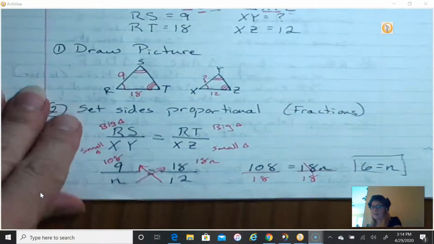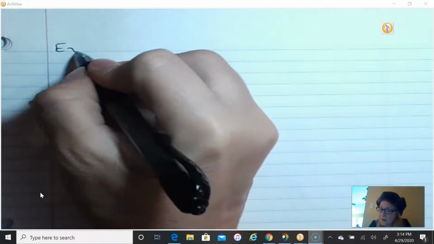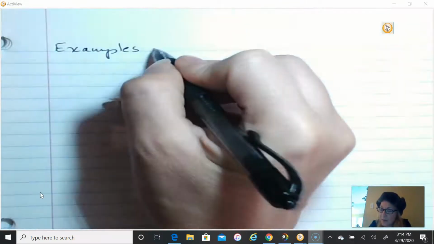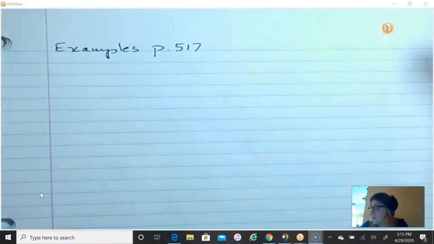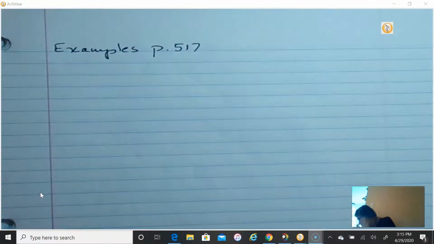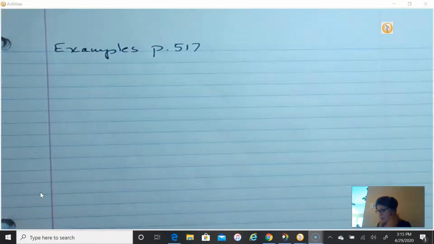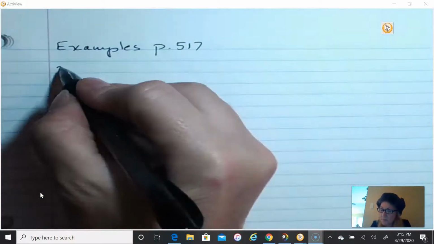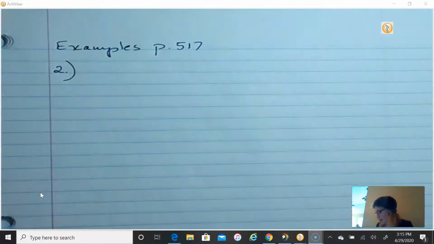Okay, let's start doing examples. So open your books to examples on page 517. Okay, the first section says given triangle congruent statements, complete the following statements of congruence of corresponding parts. Okay, so 2 says